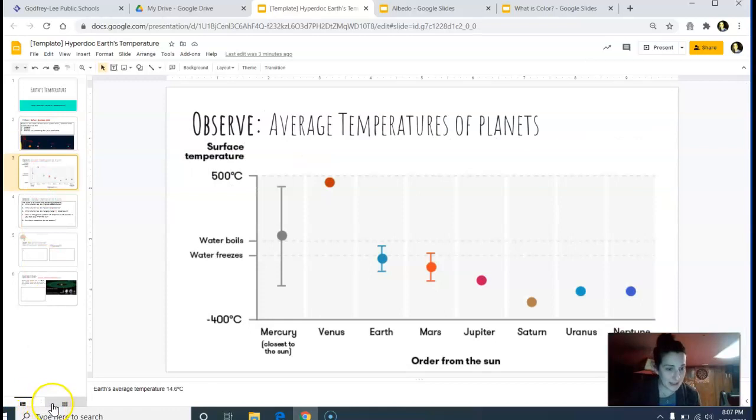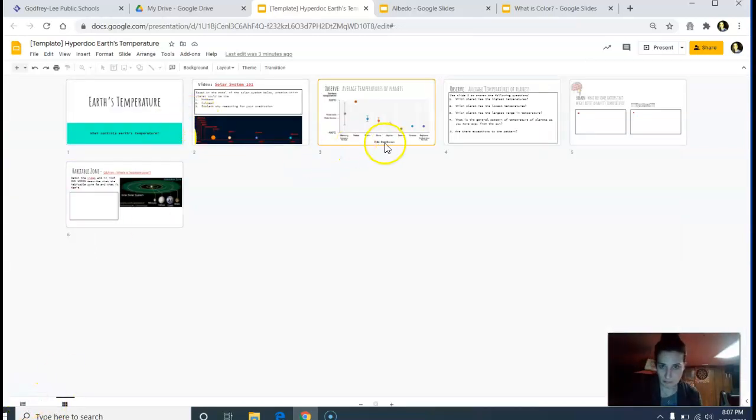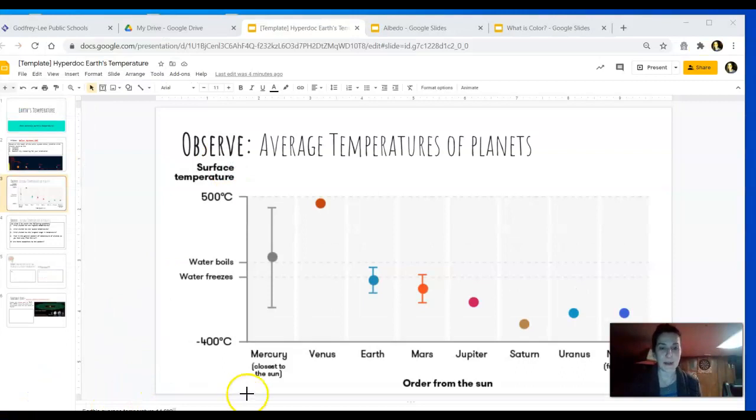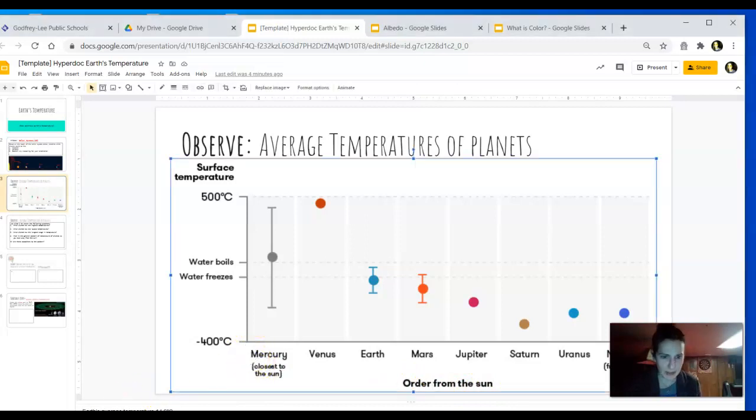So if we look here at the data, I don't even know how I did that. I'm just trying to look at this here. We can see, as we look here at the data, we have here the order from the sun, the different planets. I'm trying to get this to right on here, but for some reason, there we go. We have Mercury, Venus, Earth, Mars, so we're moving further away from the sun here, and the temperatures plotted. And we can see here that Venus is actually the hottest, even though it's the second from the sun. And Mercury's average temperature is about right here.